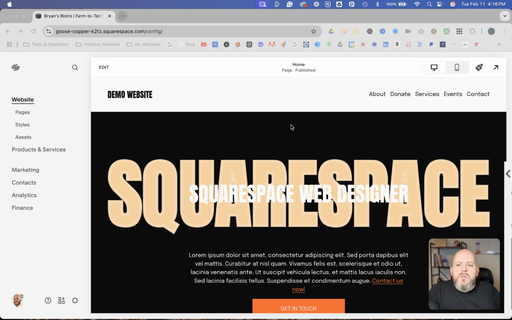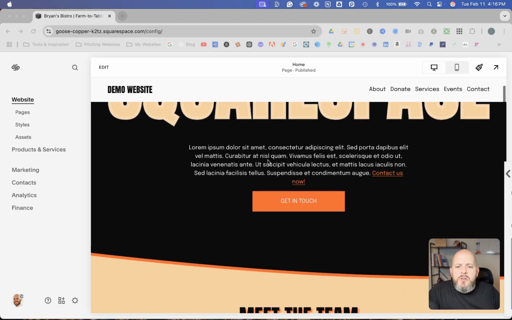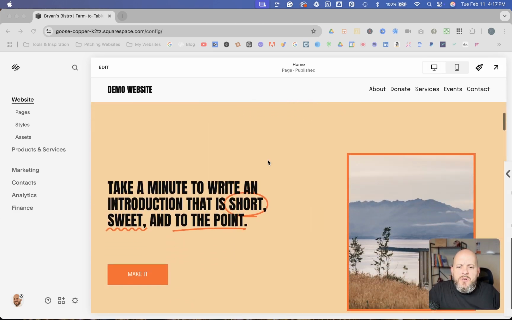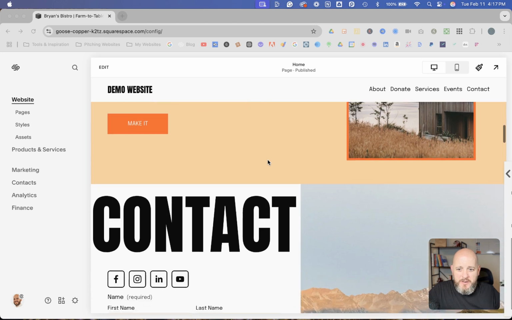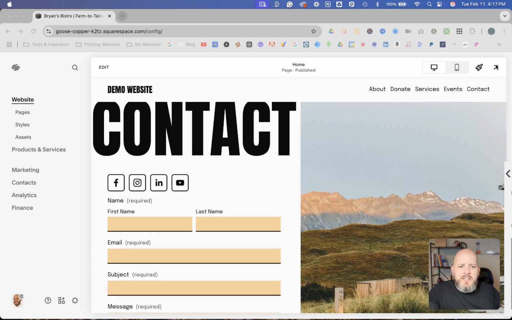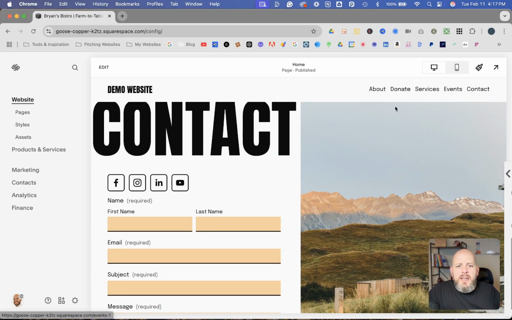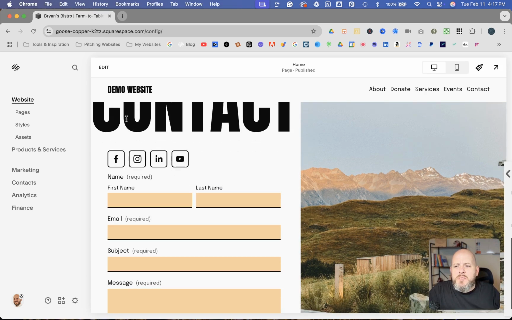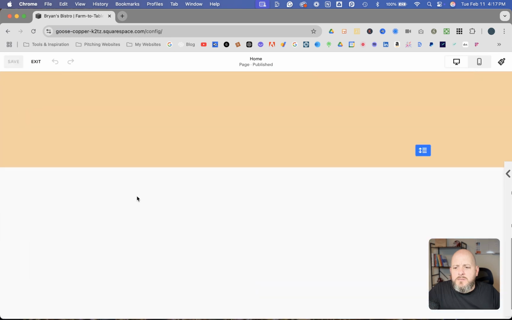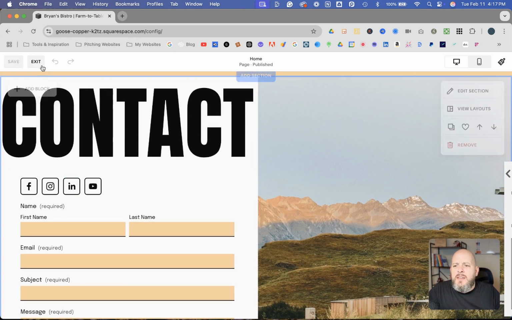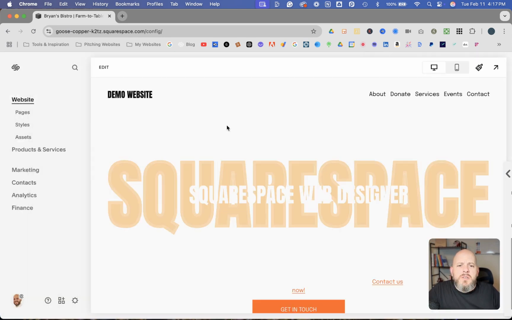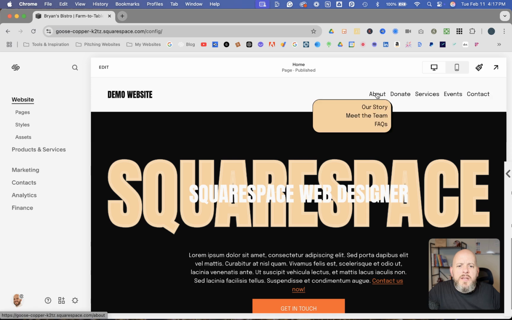Okay, so here we are once again on my demo website, and I'm going to show you that there's a couple places that I have social media icons. There's some other stuff that I've just been messing around with on here. You see here in the contact section, there is a social links block. So you have one there, and then for the purposes of this tutorial, I'm going to take you over to